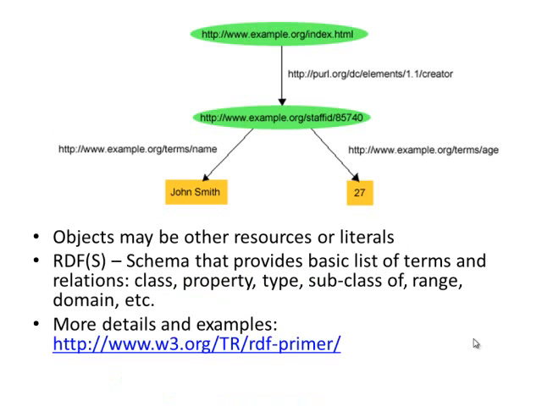Let's take a look at a little bit more extended version. Of course, the top green blob and the middle one are what we brought over from the other page. In this case, the second green blob is the object, the website that describes this particular person, and that website might also contain literal values. John Smith is the particular name,